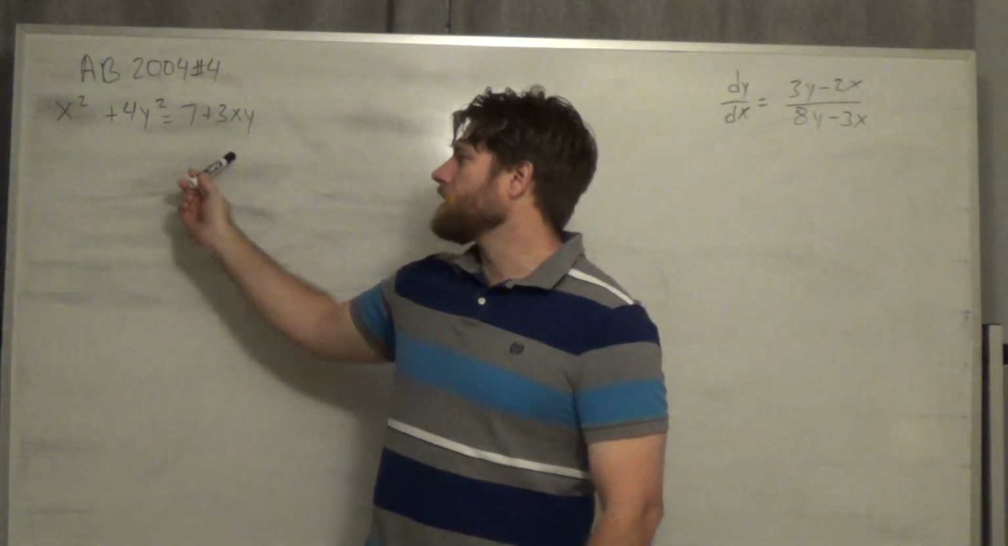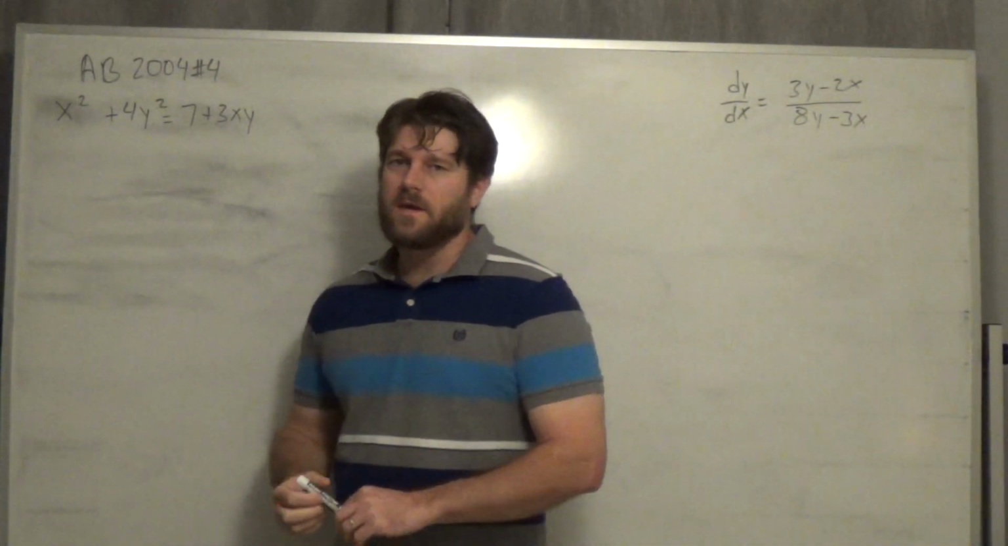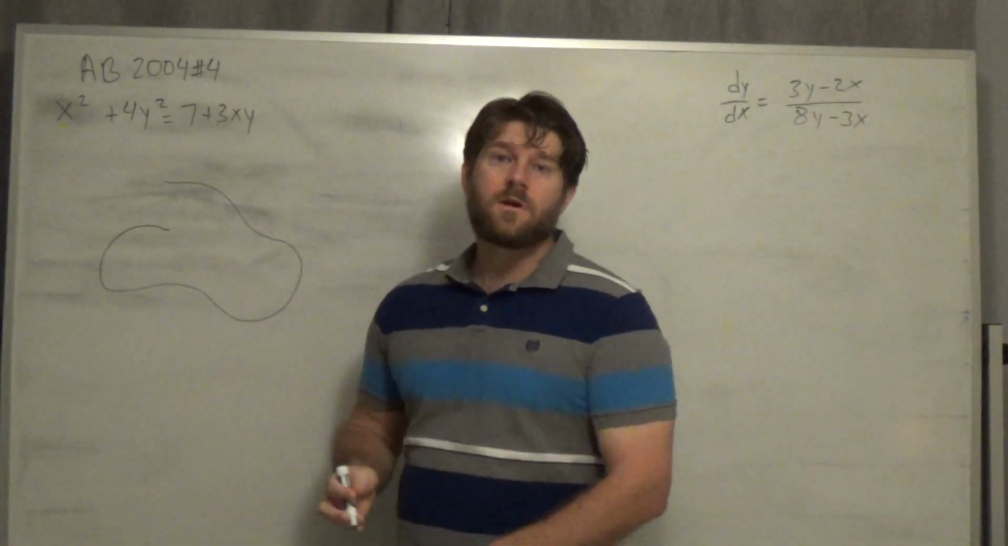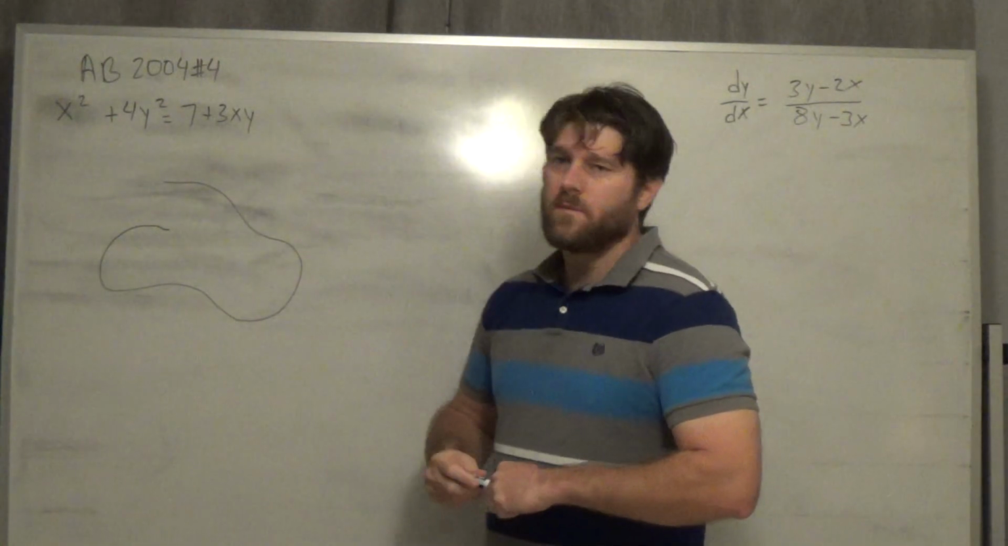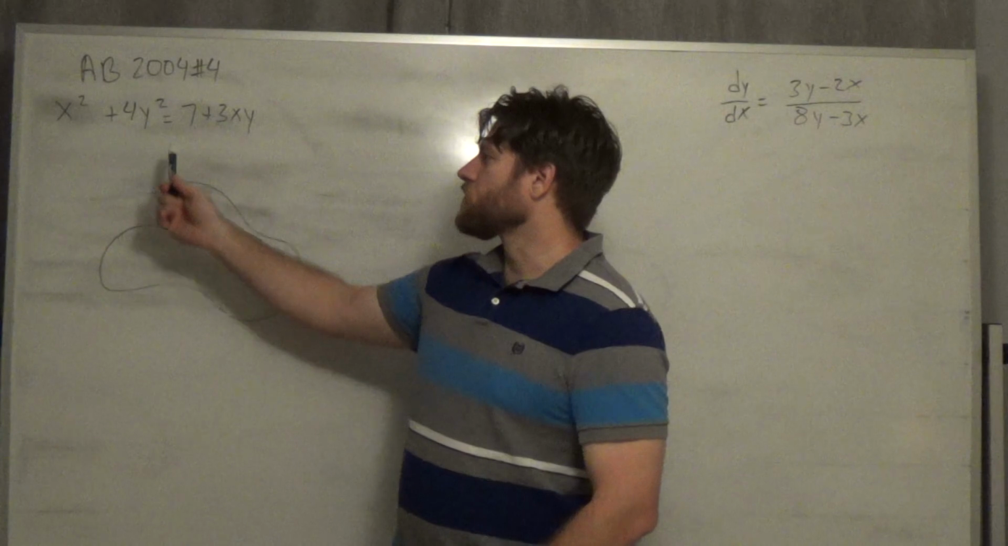Part A starts by giving us the equation of this curve, and we have no idea what this curve looks like. It's probably something crazy. You could go to desmos.com and plug it in if you wanted to see, but this is not a calculator question. So part A says prove that this